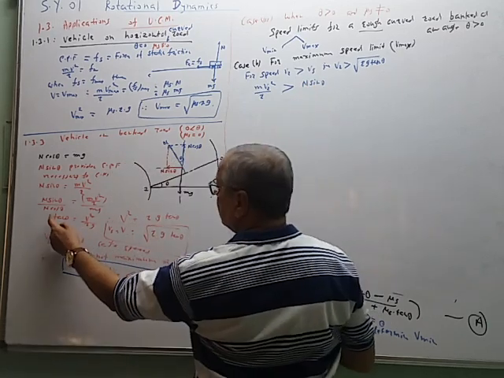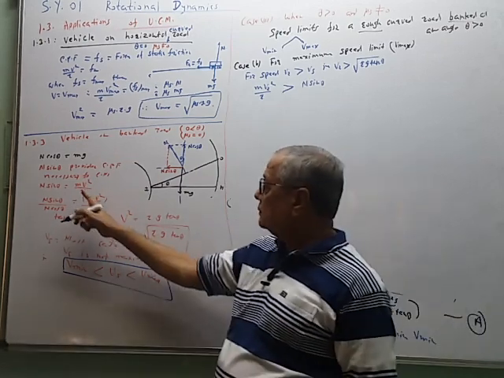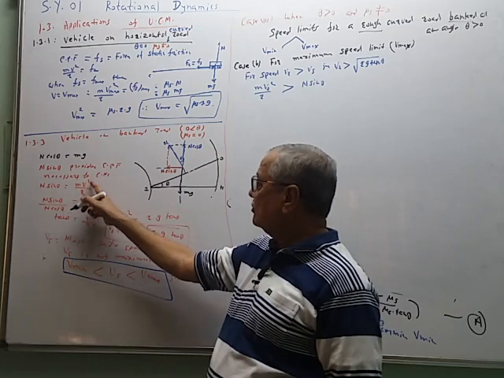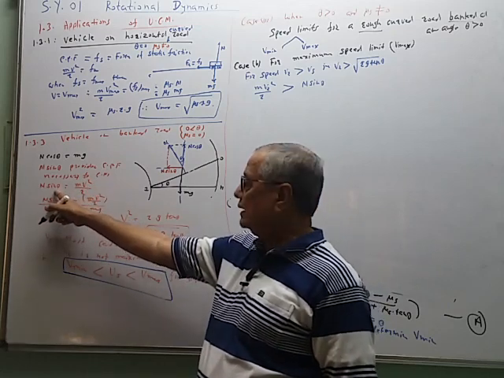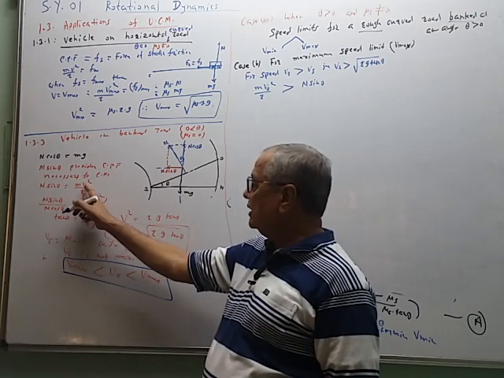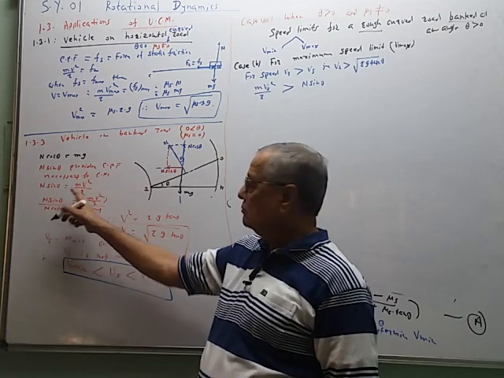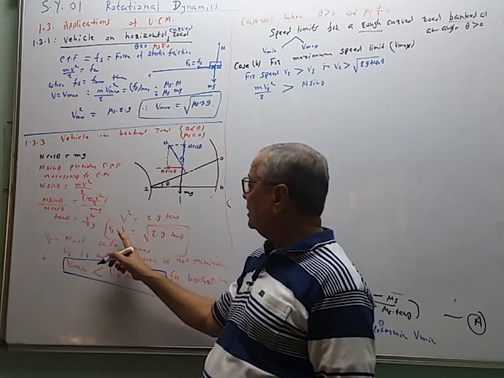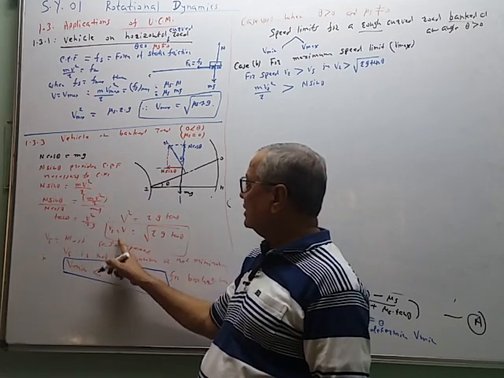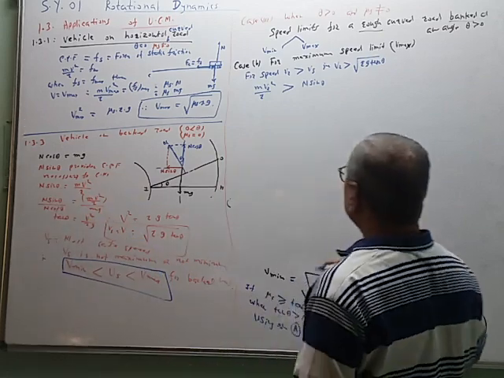So this equation will change. Now we are moving the vehicle with a speed greater than this speed. So this m V2 square upon R will become greater than n sin theta. When we are moving the vehicle at the most safe speed, this equation is having equality. But when we are moving the vehicle greater than this speed, then this V2 will be more than Vs. Therefore, in that case, m V2 square upon R will be greater than n sin theta.